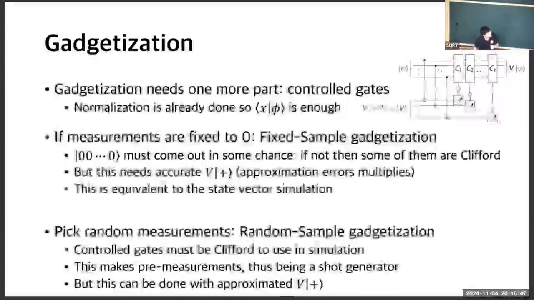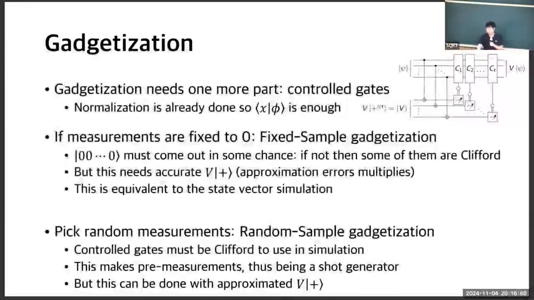And the gadgetization also has 2 different ways to simulate here. And when we do state injection, we need to adjust, like the post-processing would be needed. The C1 to CT would be the one. And if we can simulate through the gates so that we can ensure that there are just 0 for all of the measurements, then we can just ignore the C1 to CT, because